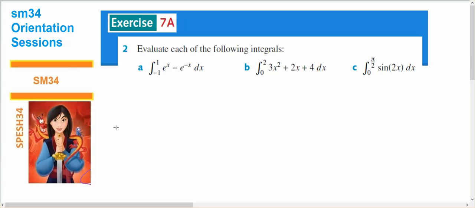This is for Year 12 Specialists. It comes out of 7A, A, B and C, working out these definite integrals. In the first case we have an exponential, so that's going to equal the integral of e to the x